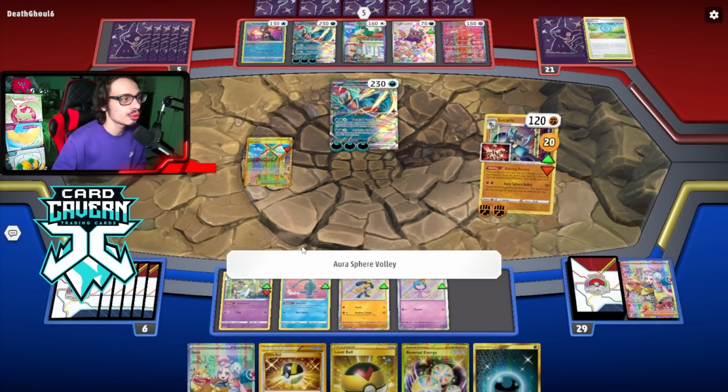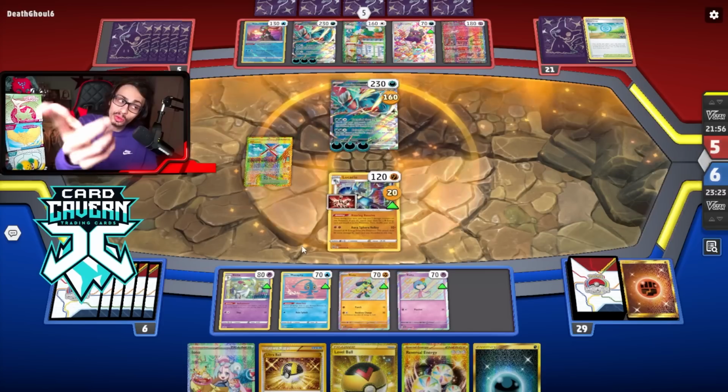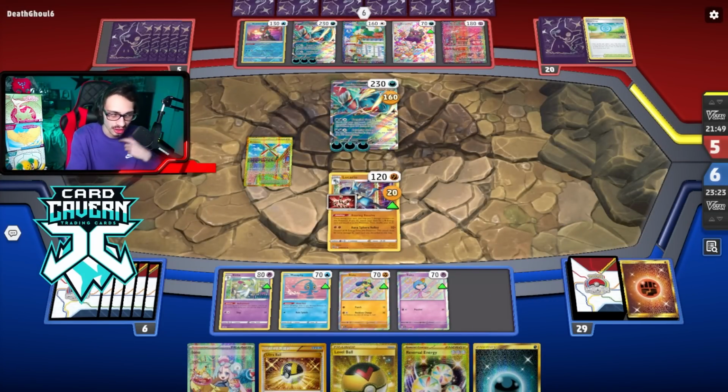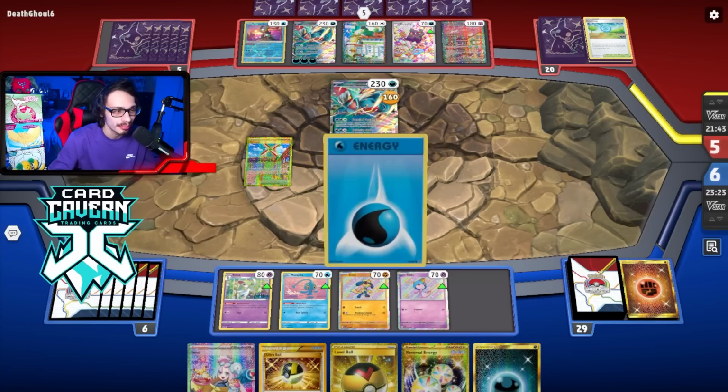Yeah, we can two-shot because we're doing 160. So we can knock him out, the other Roaring Moon. Even if they get an Ancient Booster Capsule here, because we're doing 160 and not 130, we can two-shot and use the other Lucario, which I think is in the deck. Actually, I can't remember if it's prized or not. Okay, maybe not. If it's prized, never mind. I can't remember if the other Lucario's in the deck or not. That's a bit of a rip, but...